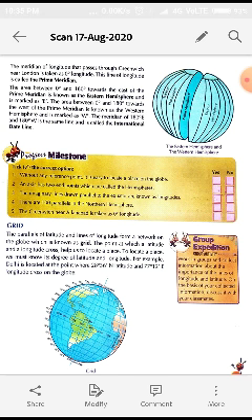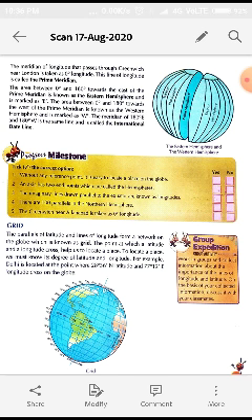Now the next point is grid. You can see the last diagram. The parallels of latitude and lines of longitude form a network on the globe which is known as a grid. Like a net, you can see the lines are crossing each other and making a network of lines on the globe, which is known as a grid. The point at which a latitude and longitude cross helps us to locate a place.